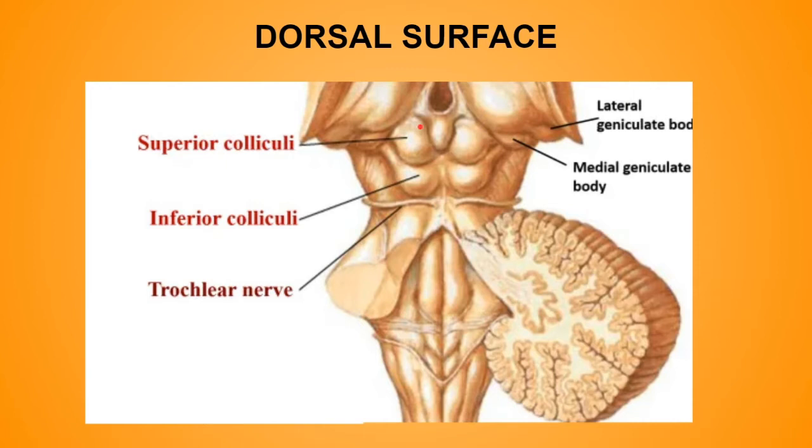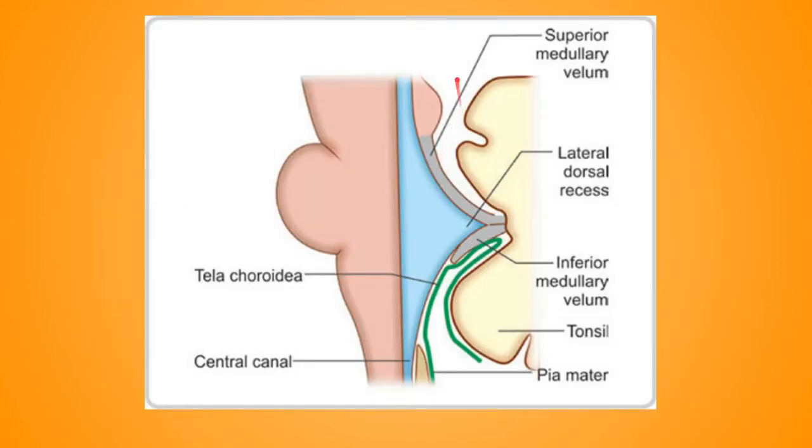The frenulum veli is a slightly raised white band passing from the inferior end of the medial longitudinal fissure, through the groove between the inferior colliculi, and ends downward into the superior medullary velum. So in short, just remember, it is a white raised band passing from the groove between the colliculi up to the superior medullary velum.